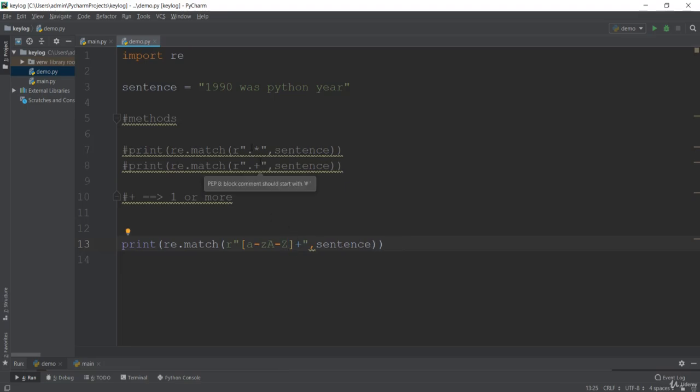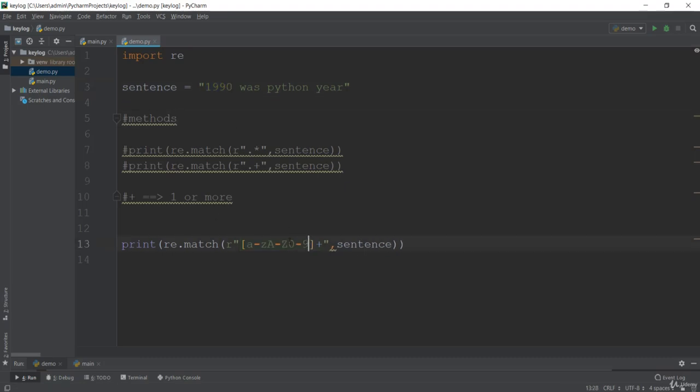That means there was no match, because at first it came across a digit. So when the match searches and finds a digit, it is not going to go beyond that. It will just stop there and return None. That is due to the local search. So it doesn't go searching or matching everything throughout this sentence. It will just search at the beginning part. If it finds a match, it will return it. If it doesn't, it will return None. There was no match. So that is the main importance.